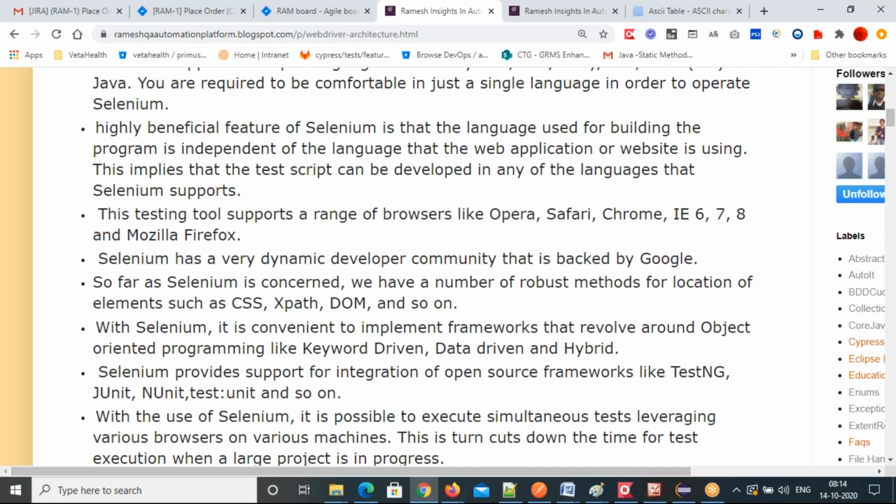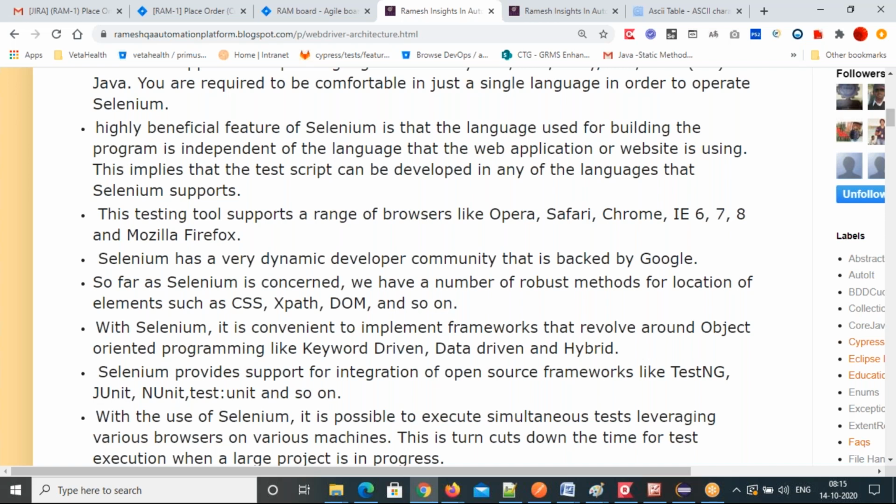It has a large developer community. You can file bugs regarding the Selenium tool, which is backed by Google. So you can get all the information, and bugs will be handled by Google. They will take care of any bug, and you can get the solution from there.